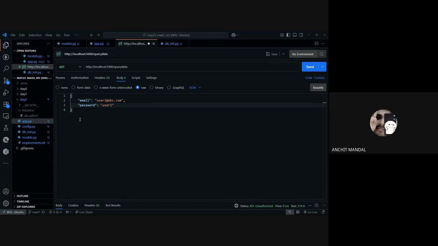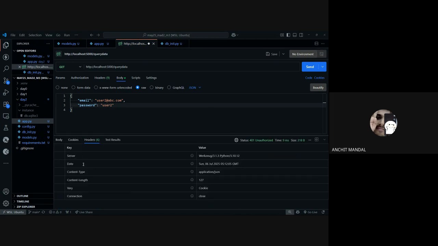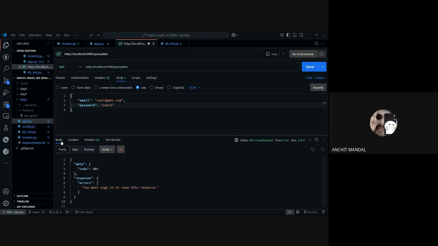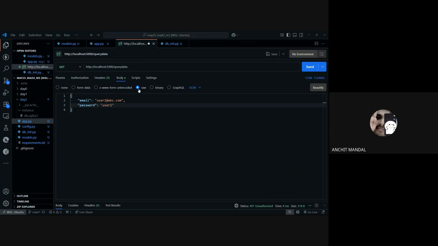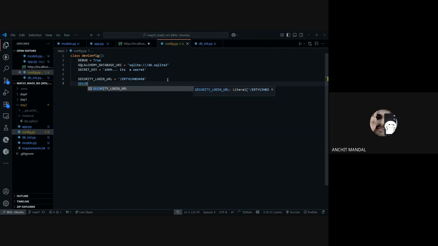So this is from Postman. This is the request part, and this is the response part. Here there is a header too, and here's the body. In the same way over here, there is a header. From here I want to pass the authentication token. How is that possible? I would just go to configuration, and in here I have to define something that is security